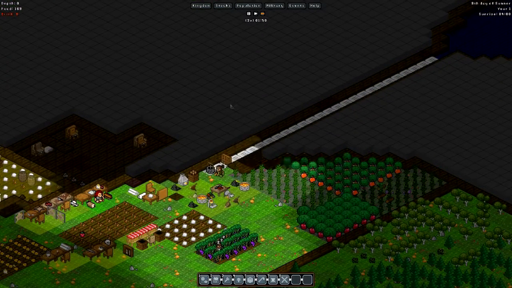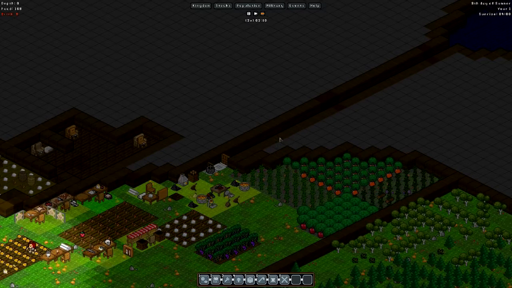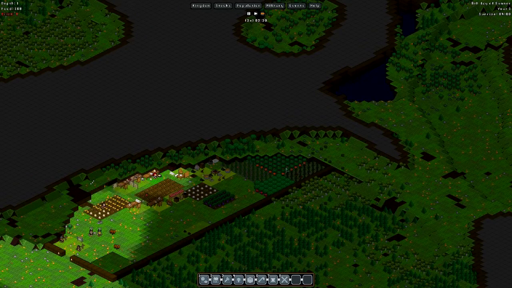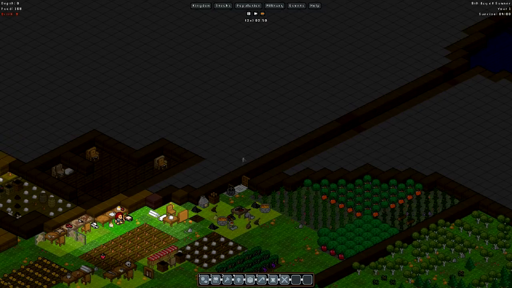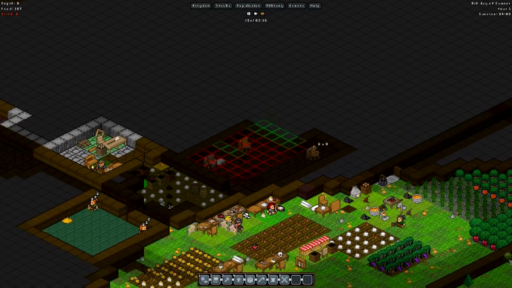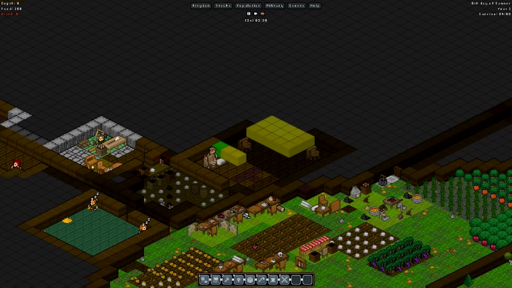Seems like everything's going pretty well. I believe this is where I was trying to decide how I wanted the carpenters to actually be placed, because you want to place the carpenters in relative proximity to your groves. That way they have ready access to the logs if you don't actually create a stockpile inside their workshop, which,